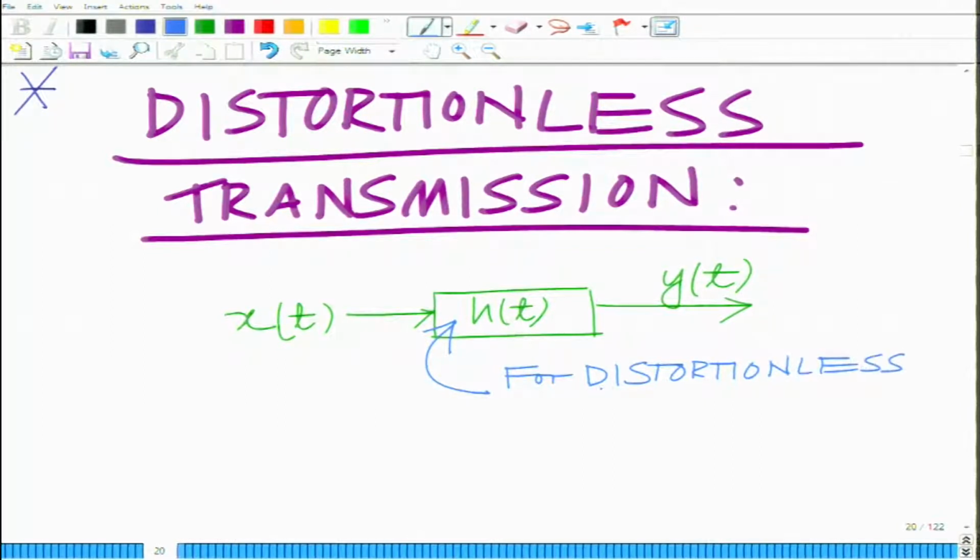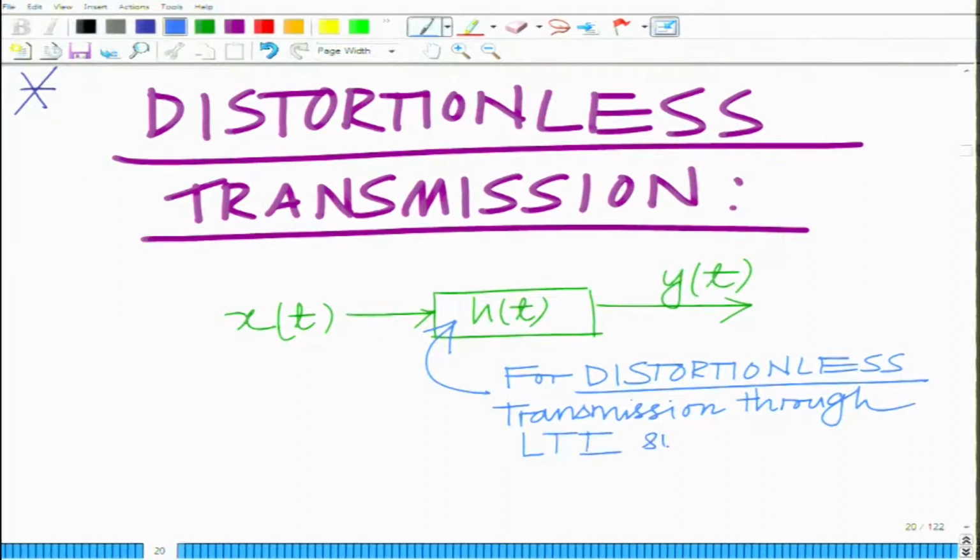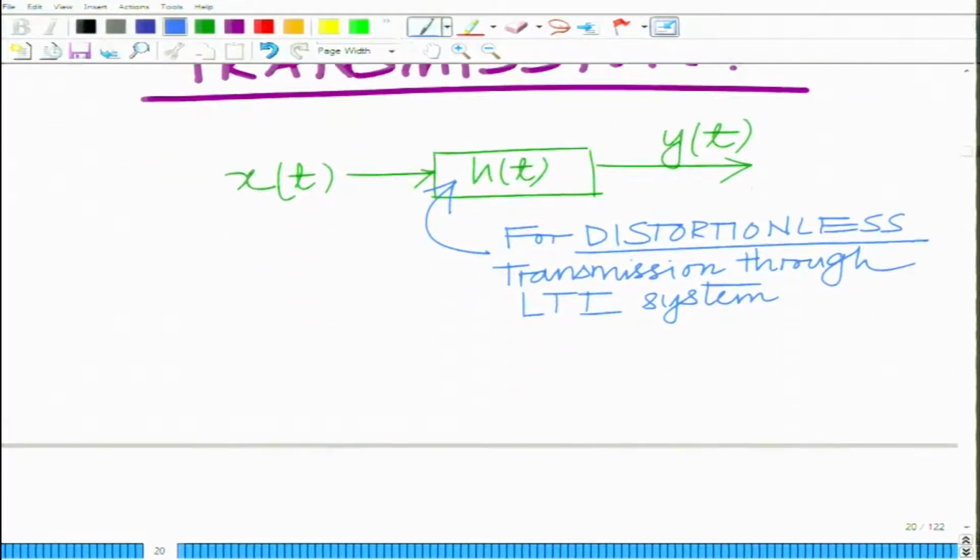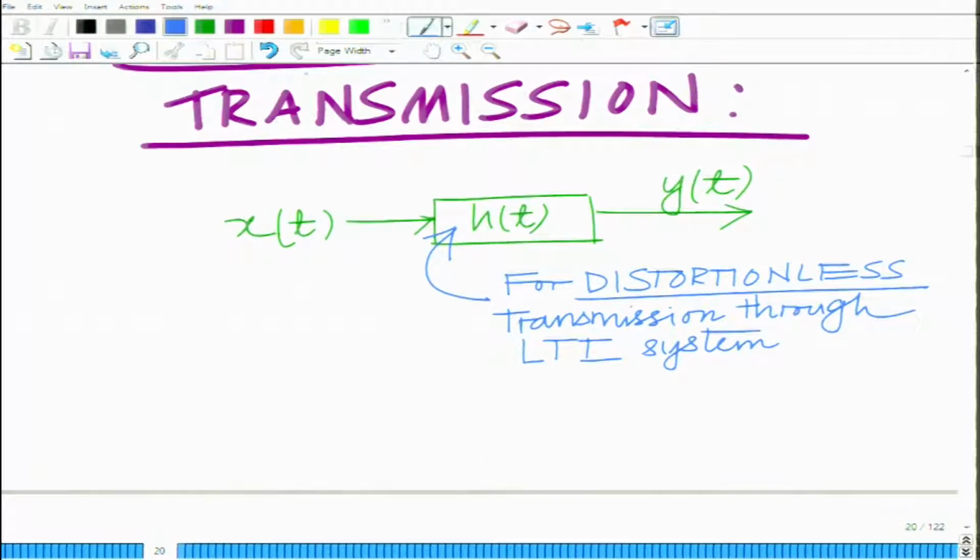For distortionless transmission through an LTI system, the signal x(t), we call it distortionless,